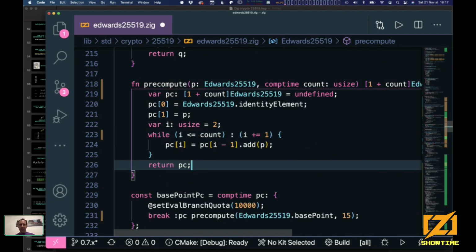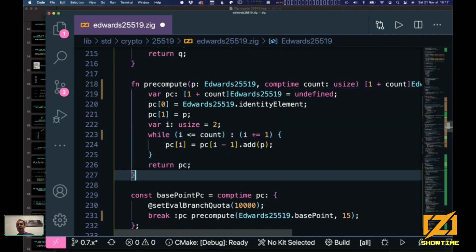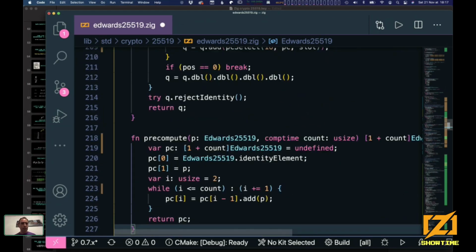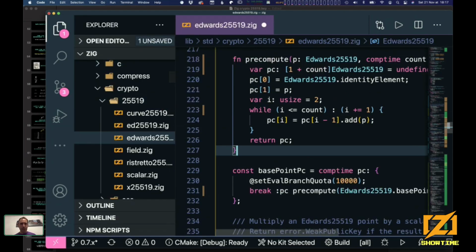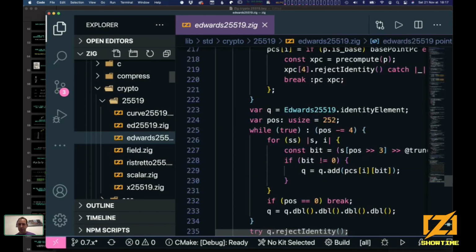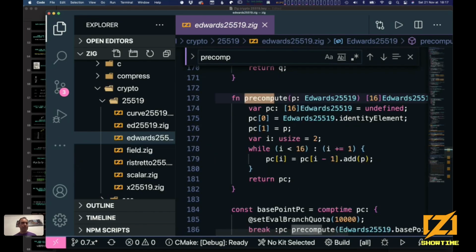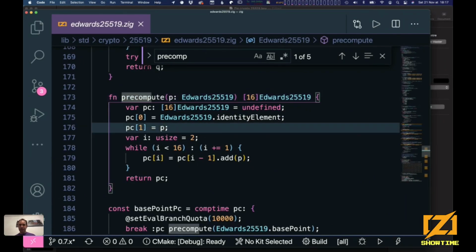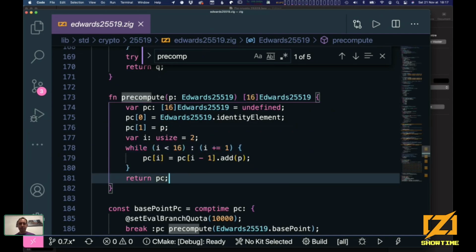So the pre-computation is done in a very simple way, and it could be faster by using doublings. I'm just using additions because I'm really lazy. So this is just building a pre-computation table. Very simple stuff. Oh, I'm not sure that this is the 0.7 branch. That code looks more complicated. Let me try to just reload the file, pre-compute. Okay, this is easier. So same thing. We start from the identity element because this is 0. This is the first slot of the pre-computation, and then we just add P to itself, building the pre-computation table.